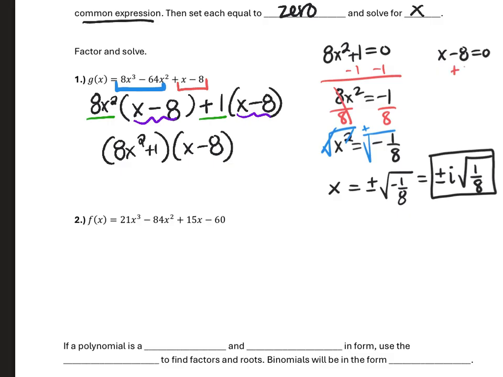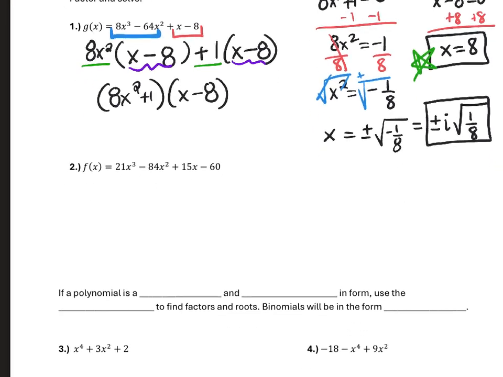The other root is going to be when I have my x minus 8 set equal to 0. So my third root is x equals 8. The only root that I can graph is going to be this one because we cannot graph imaginary numbers. Number 2,